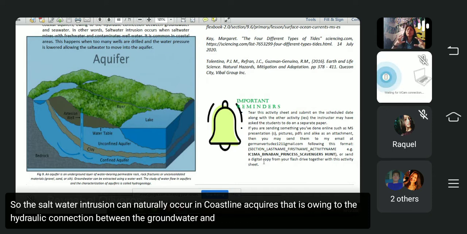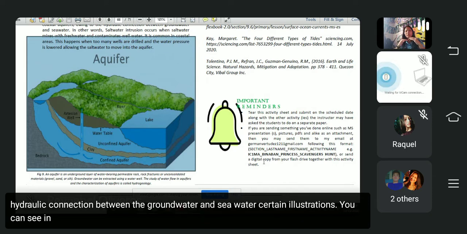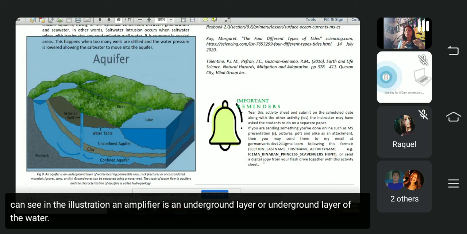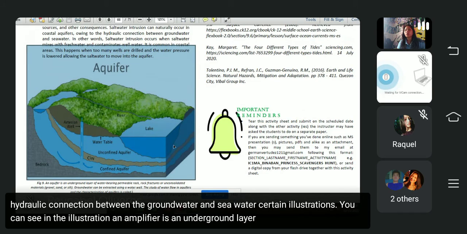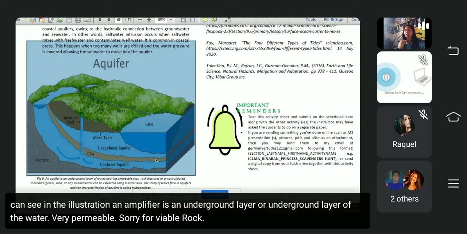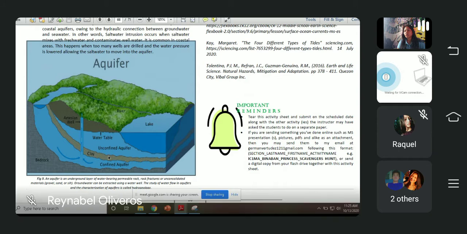So, siya yung nag-hold doon sa buhangin, sa bato na nasa ilalim ng dagat. Okay? Yun yung aquifer na tinatawag. Okay? So, kapag gumalaw, yun yung unang-unang umangat. Kapag nagkaroon ng tectonic plate movement, yun yung unang-unang gumagalaw, the aquifer. Okay? So,